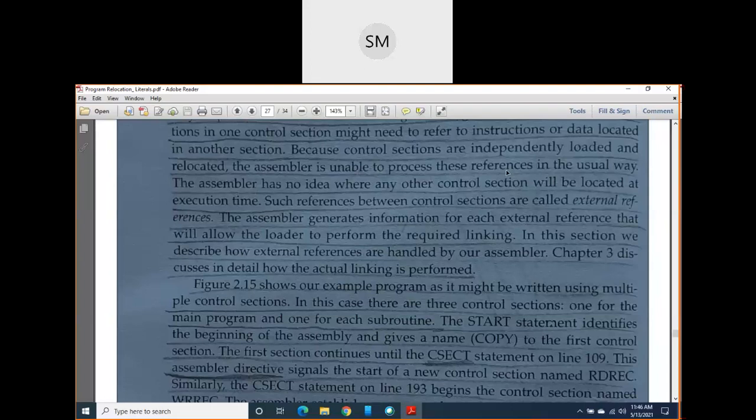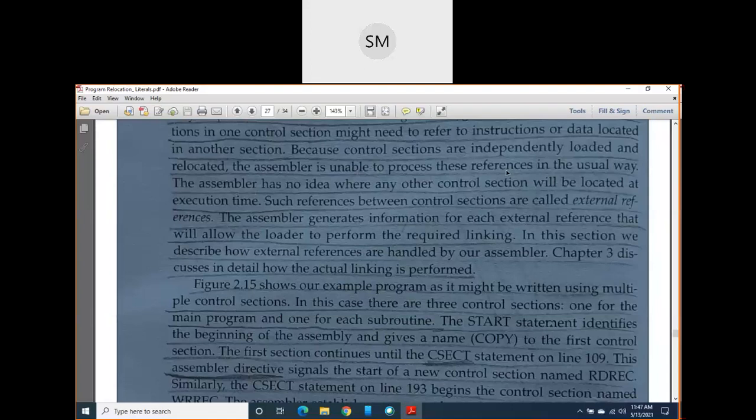But the problem comes in the calculation of displacement. To find the displacement, you will find the address of length. But that length operand, the length label, is defined in a different program block. Correct? The length was present in the C data block.